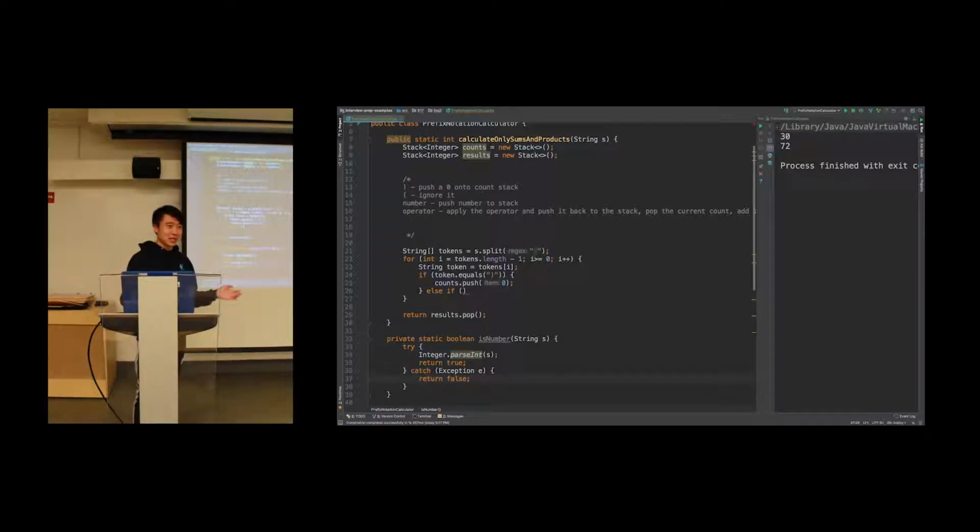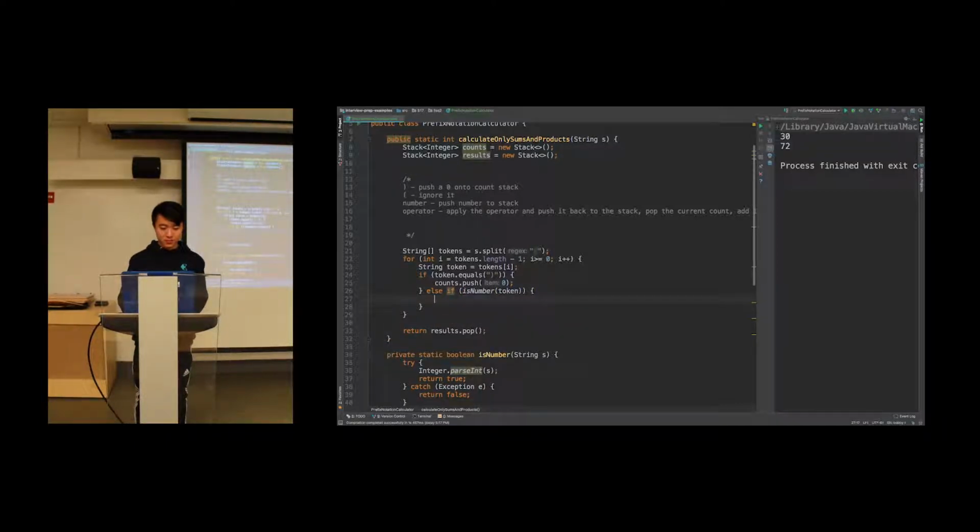So in an interview, this is what I would do. I would probably make a note that I would do something that doesn't require try-catch blocks, because exceptions should be for exceptional circumstances, not for very ordinary circumstances where about half of your tokens should not be numbers. But we can say for now this should be good enough. So else if isNumber(token), then let's do results.push(Integer.parseInt(token)). Okay, so